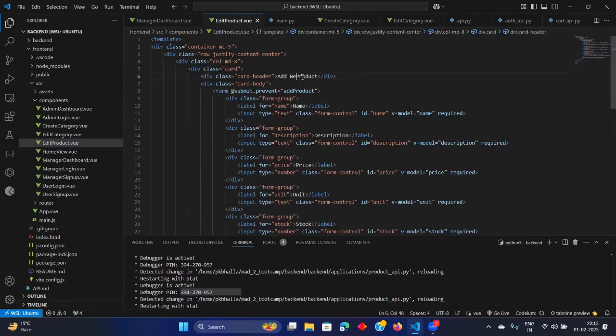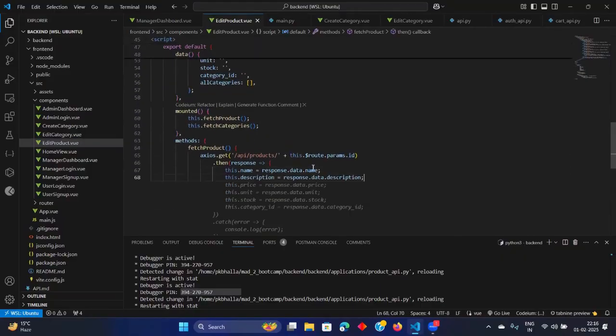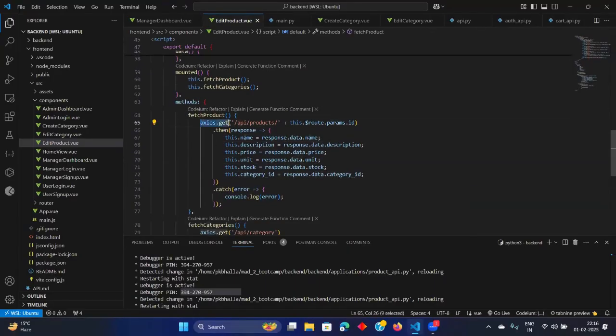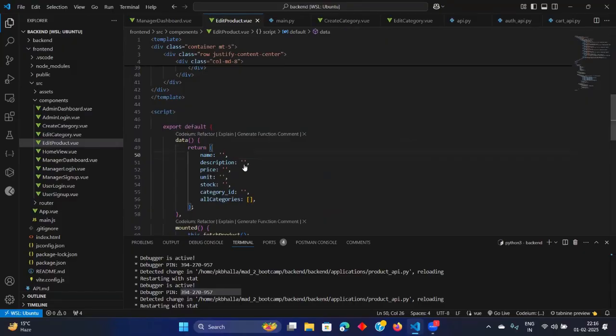Now let me just make it edit product. Export default, then it comes with data, and these things will be there. Mounted, fetch products, unmounted, these things should be there, right? Let's define this now. This name, description will be there, price, unit, stock, category ID, and then all categories. And also we have the ID of